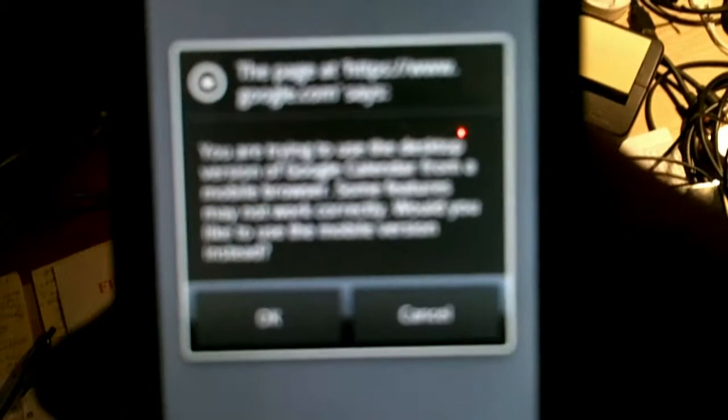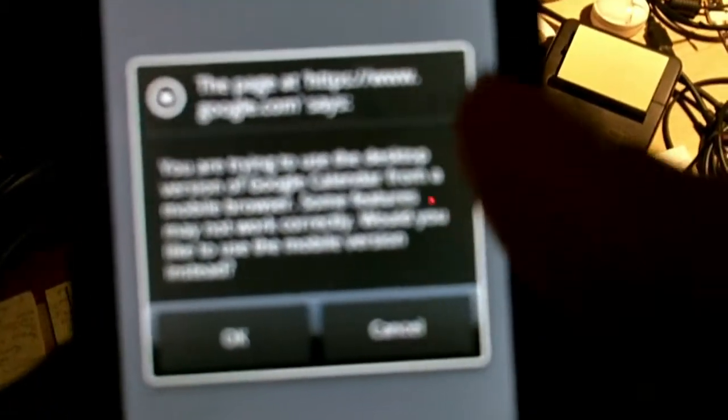And now here it's a message saying you're trying to use the desktop version of Google Calendar. It says from a mobile browser, some features may not work correctly. I've tried opening it in the mobile browser and it doesn't work, so you may want to make a note that people shouldn't open it in the browser. So it says, do you want to use the mobile version instead? Click cancel. And lo and behold,